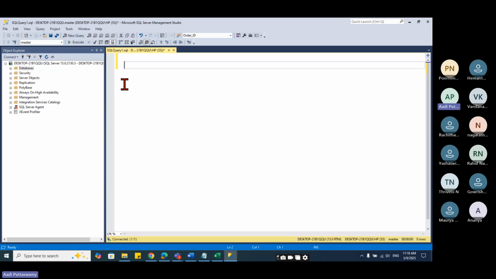Now what I'm writing the code is data definition language. You see how simple it is. You just have to type create. I told you, right? Create database and then space and say db underscore demo underscore